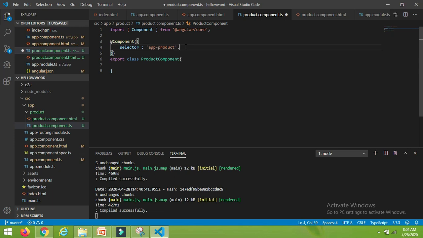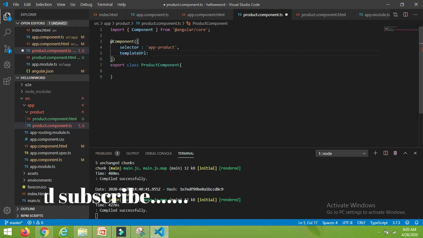Now the second one is templateUrl. templateUrl is nothing but the path for our HTML file. The HTML file will contain the code to display the UI for this particular component.